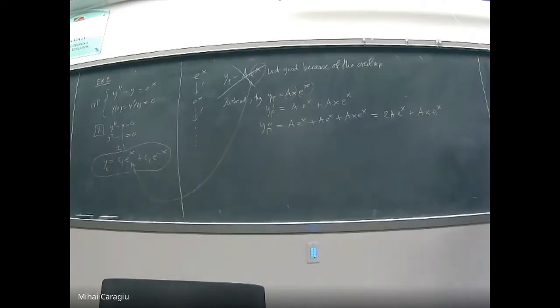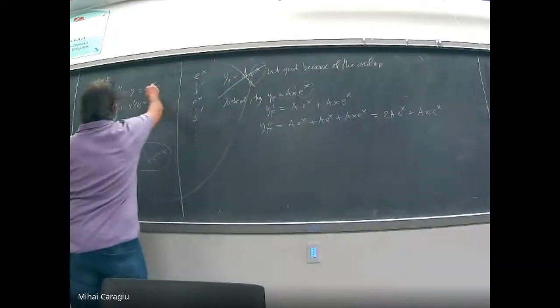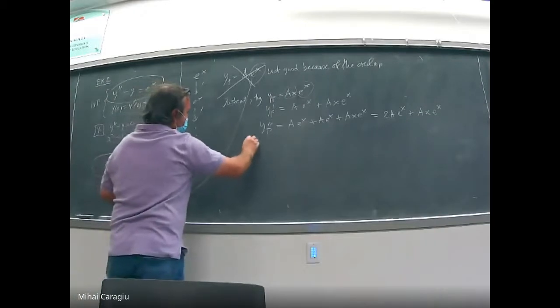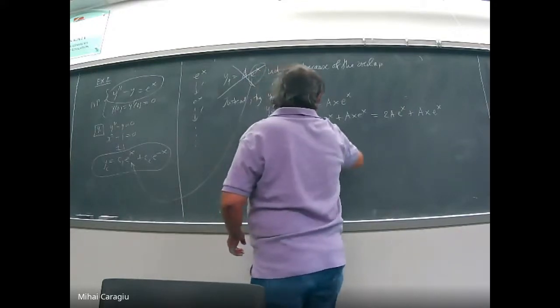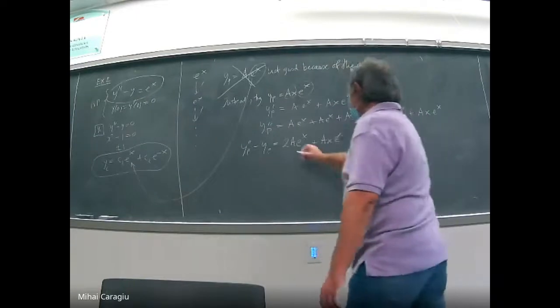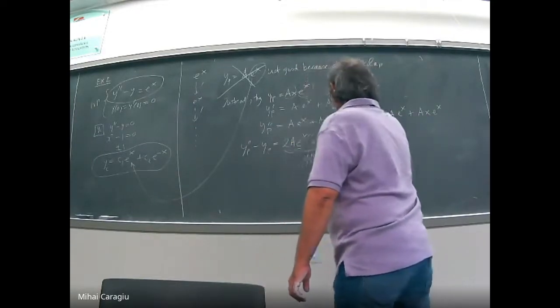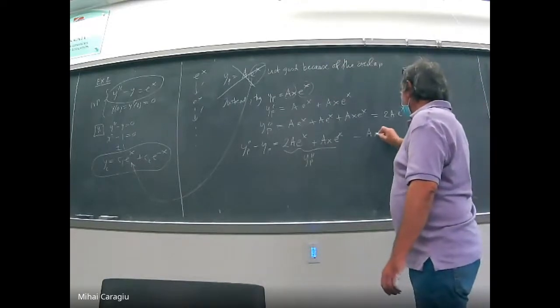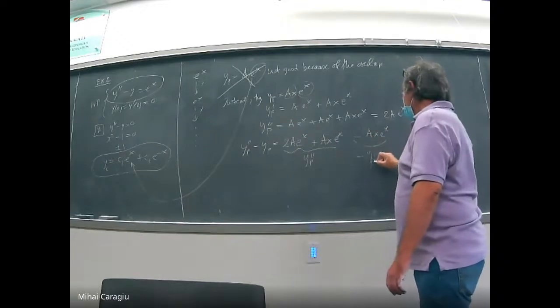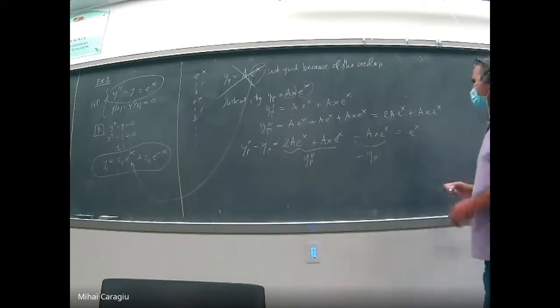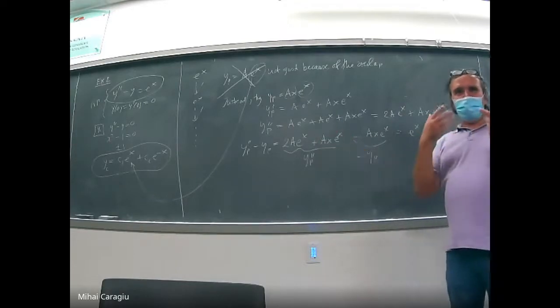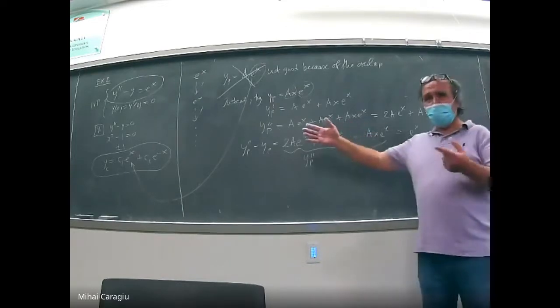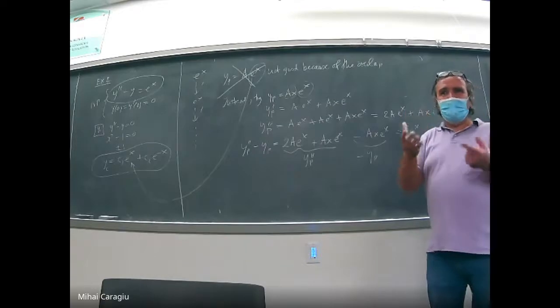Right? Then introduce everything into the differential equation, which is this one. So what would be y sub p second minus y sub p? It is 2a e to the power x plus a x e to the power x, that's y sub p second, minus y sub p, which is minus a x e to the power x. This is a clear indicator of success because we had this simplification. Otherwise, we would have been in trouble to equalize something which is only e to the power x, while on the left we have e to the power x and x e to the power x. But now this simplifies,